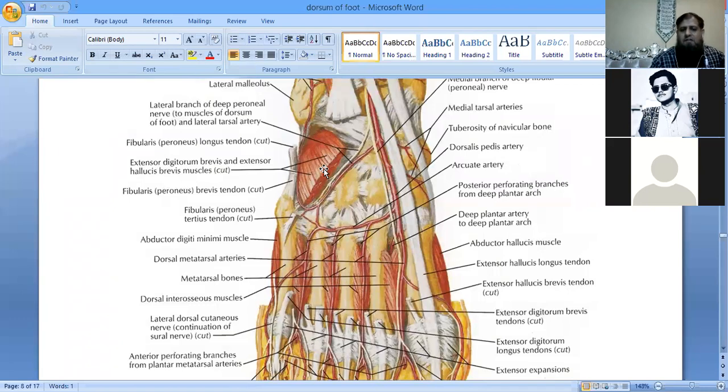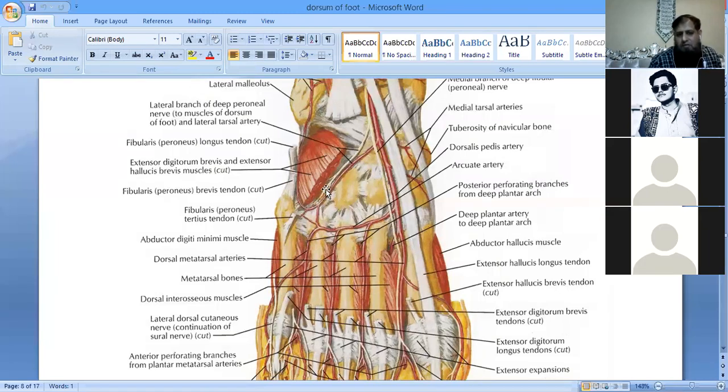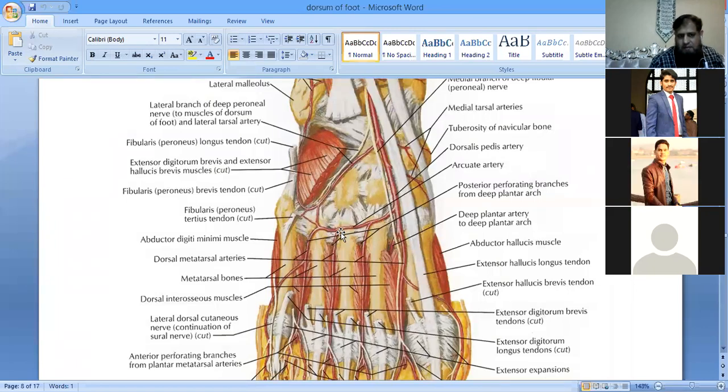जो लिटल ब्रांच डीप पेरोनियल नर्व है, इट इज गोइंग टू सप्लाई द एक्सटेंसर डिजिटोरम ब्रेविस मसल, नंबर 1। नंबर 2, इट इज गोइंग टू सप्लाई द टार्सल जॉइंट्स हियर, ठीक है ना। यहाँ पे टार्सल बोन्स पड़ी हुई हैं, द मीडियल क्यूनिफॉर्म, द इंटरमीडिएट क्यूनिफॉर्म एंड द लेटरल क्यूनिफॉर्म एंड द क्यूबॉइड बोन ओवर देयर। तो ये जो टार्सल जॉइंट्स हैं, यहाँ इनको सप्लाई कर रही है। एंड आल्सो गोइंग टू सप्लाई द मेटाटार्सोफेलैंजियल जॉइंट्स, ठीक है। ये जो मेटाटार्सोफेलैंजियल है, सेकंड, थर्ड एंड फोर्थ टो, दीज आर आल्सो बीइंग सप्लाइड बाय दैट। क्लियर जी?